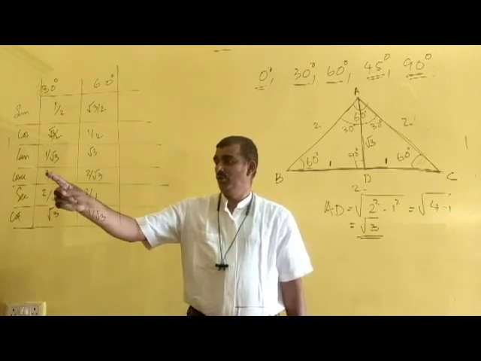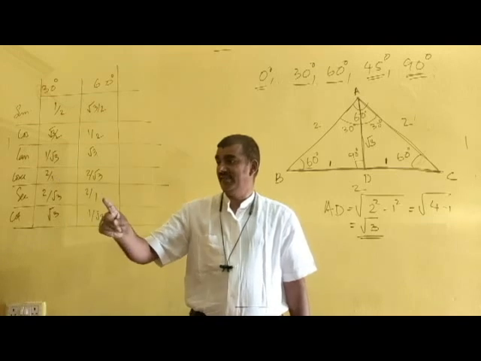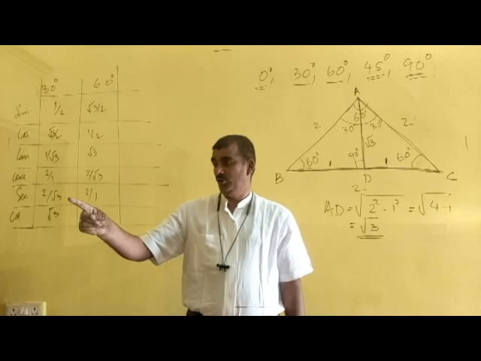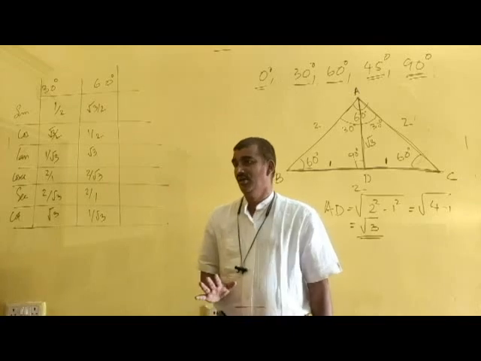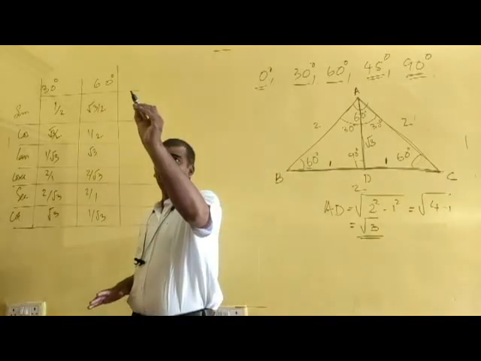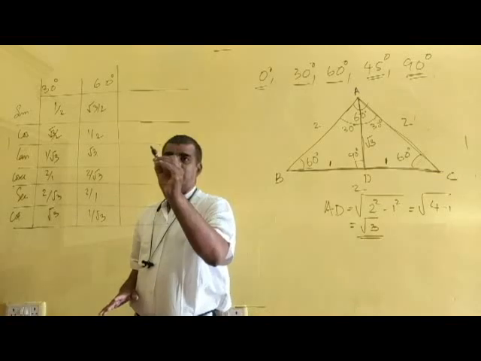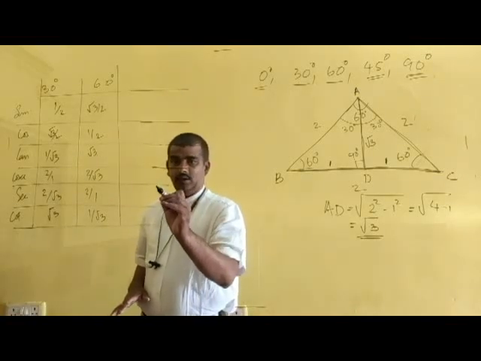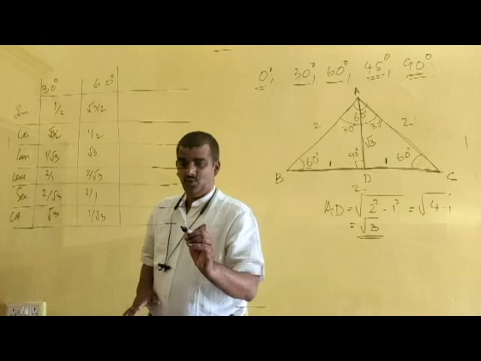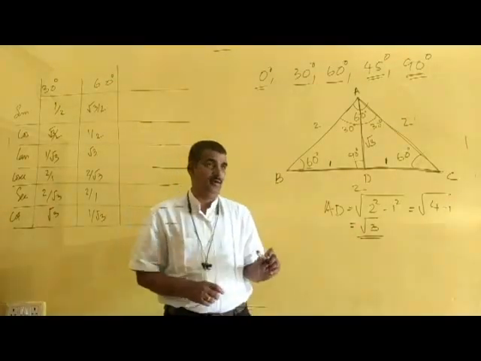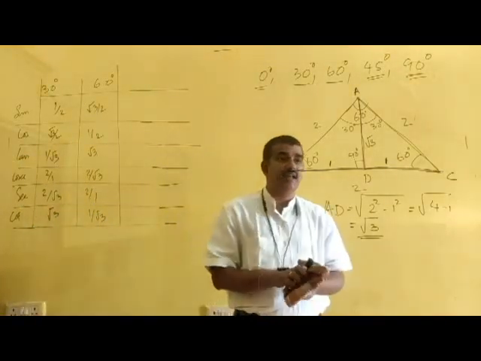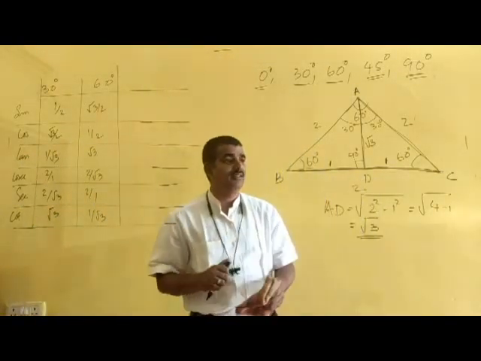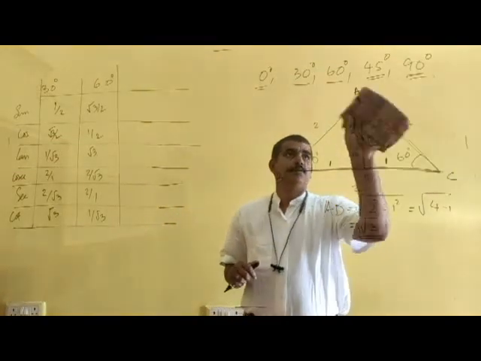Now cosec 30 is 2 by 1, and sec 60 is 2 by 1, the same value. Sec 30 is 2 by root 3. Then in the case of cosec 60 also, 2 by root 3. So these relations, you also have to keep in your mind to get the correct value while you are doing the exercises and all. Now we are going ahead with an angle of 45 degrees. Before I rub this, please note these things in your notebook.